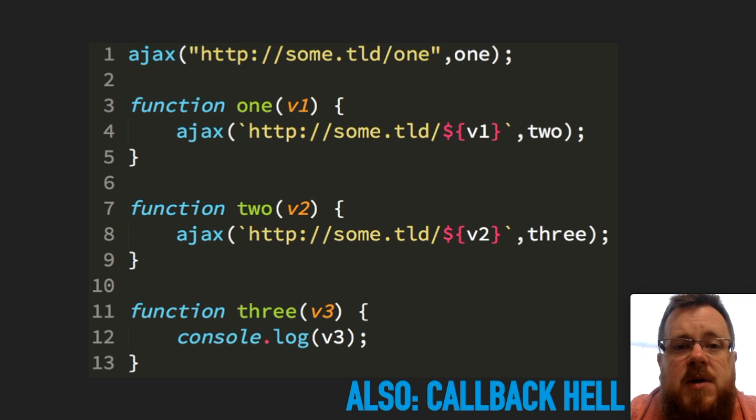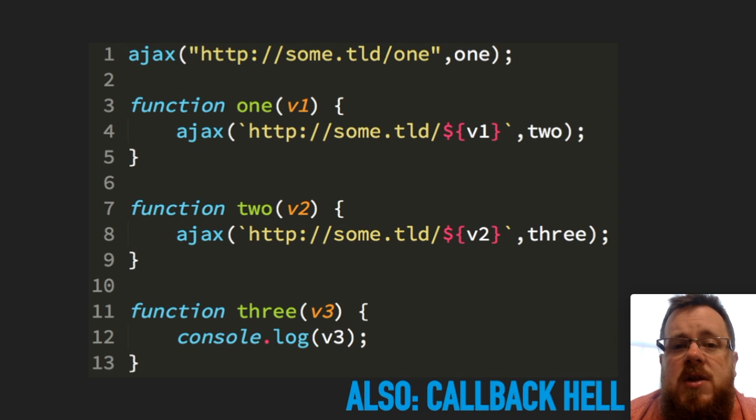Another way of doing this, by the way, is to pass in the callbacks, and that's where continuation passing style comes from. I've hard-coded the 1, 2, and 3 callbacks here, but we could have passed those in, and that would have ended up with the same result, that we get this sequence of steps chained together. The reason why we have to sequence these steps together, again, is the temporal dependency. We need to make sure that 2 doesn't even start until 1 has finished. So that is also callback hell, and that doesn't suffer from the nesting or indentation problem. So I must mean something deeper when I talk about callback hell.